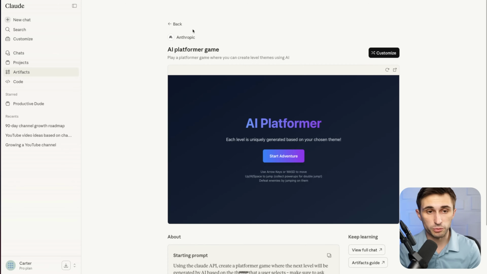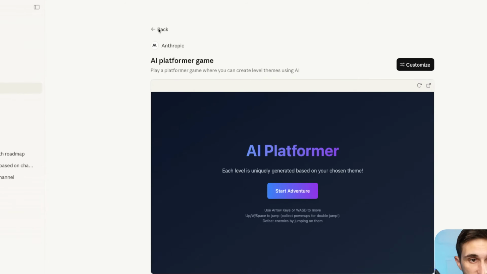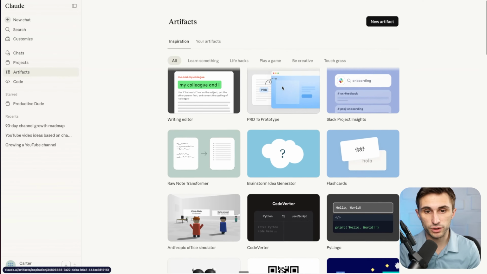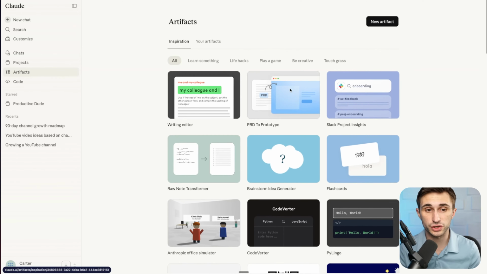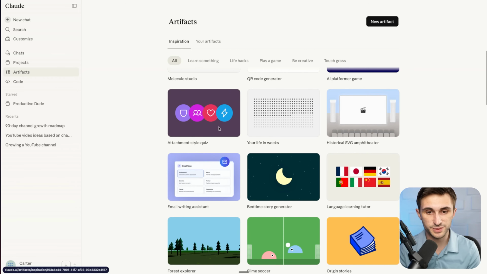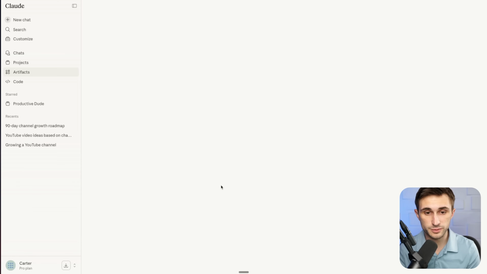Now let's take a look at some more practical inspiration artifacts that they have. I'll just go back, and as you can see here, we have PRD to prototype. So this one allows me to actually input a document and then it will turn that into a prototype of an app. The raw note transformer will allow me to upload written notes and turn those into an actual document. They have QR code generators, attachment style quizzes, bedtime story generators, and they even have this forest explorer where